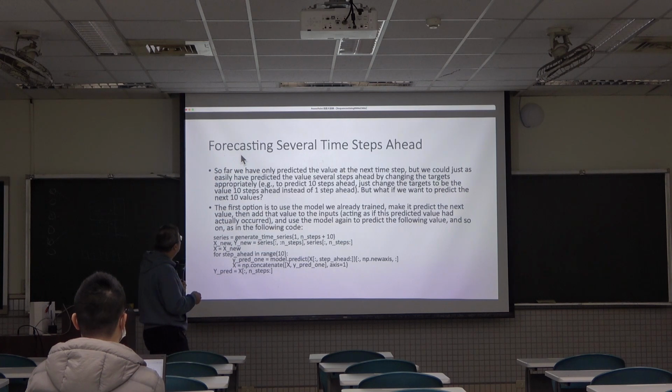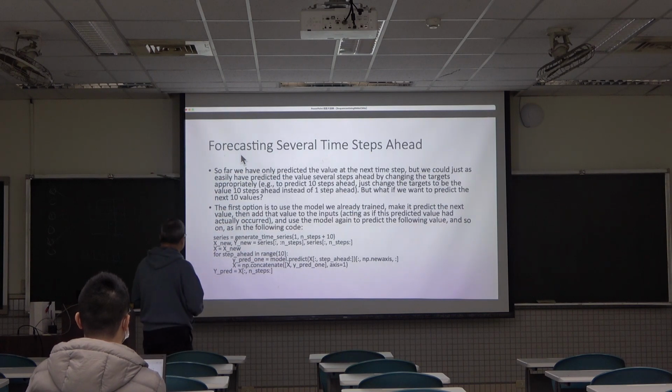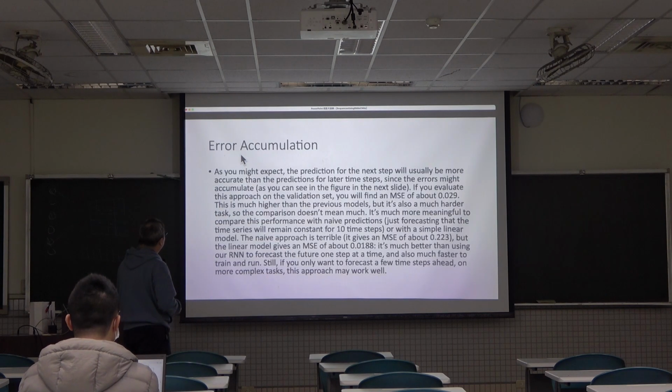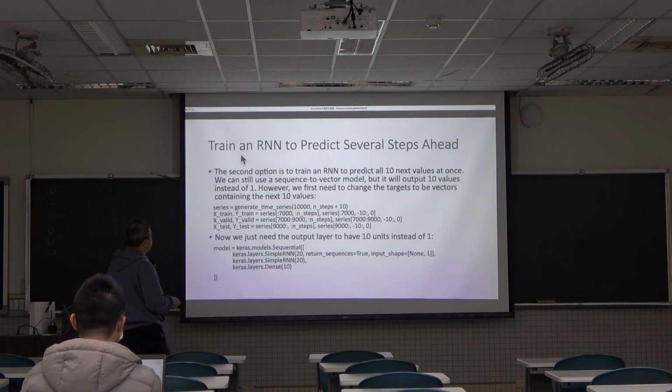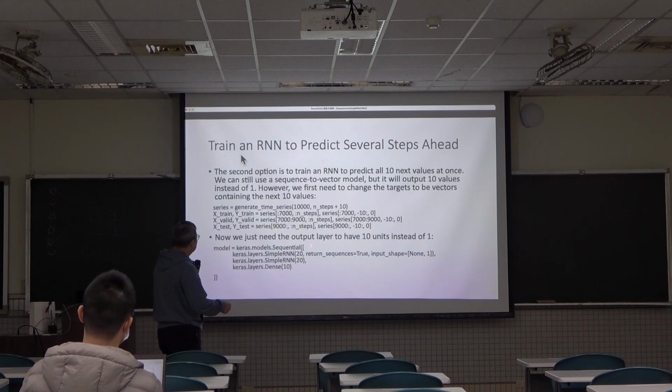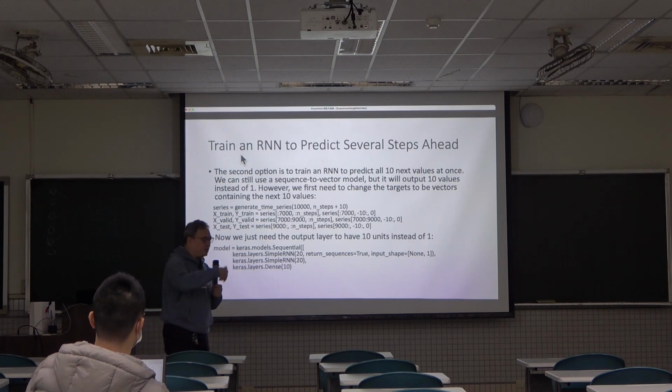This way you avoid the issue of error accumulation. So yes, if you use this model, it's going to perform much better than using the original model to do the prediction